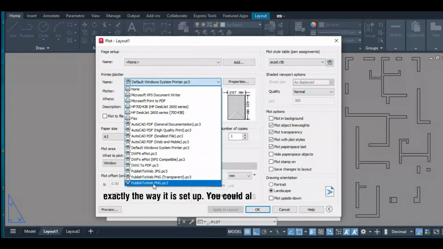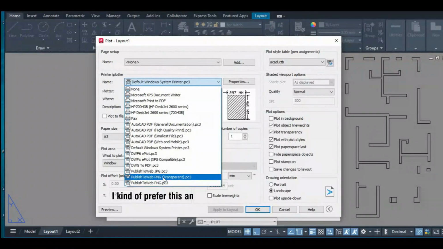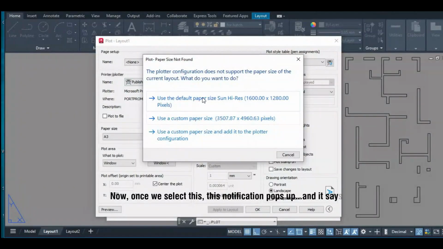up. You could also choose publish to web PNG, but you will have to adjust the orientation of the plan in Blender, which may not be such a big deal, but I guess it's a matter of preference and what works for you best. I kind of prefer this and also want my image to be transparent and easier to work with. Now, once you select this notification pops up and it says the plotter configuration does not support the